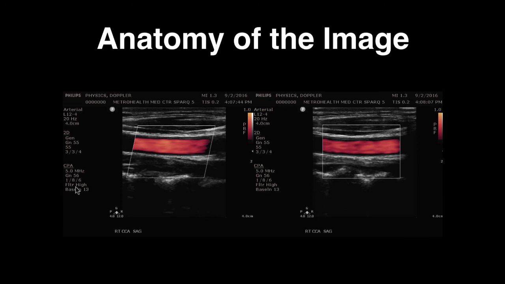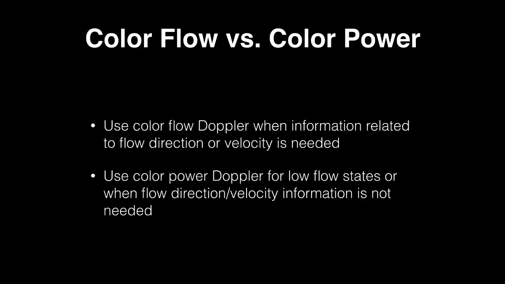I went over this in detail in the color flow Doppler video, so if you haven't watched that yet or still have questions, I would recommend watching that video again after completing this video. So when you're evaluating a patient, how do you know whether to use color flow or power Doppler? Well, you're going to use color flow Doppler when information related to flow direction or velocity is needed, and you'll use power Doppler when evaluating low flow states or in conditions where flow direction and velocity information is not going